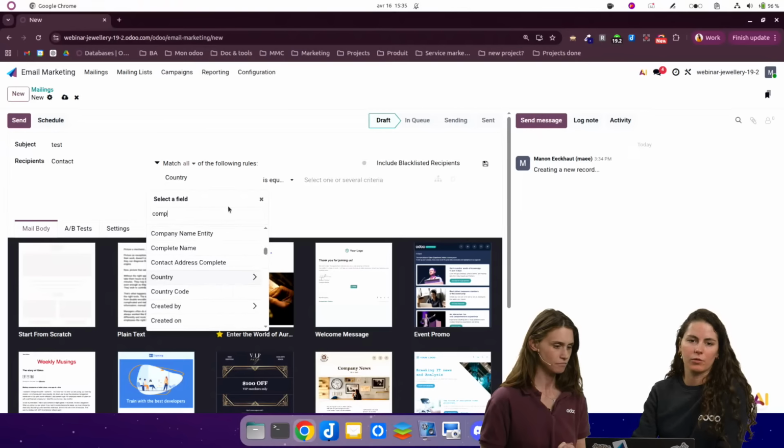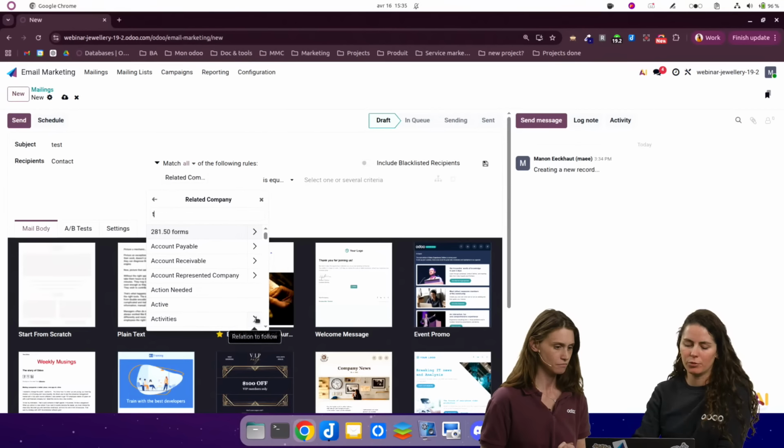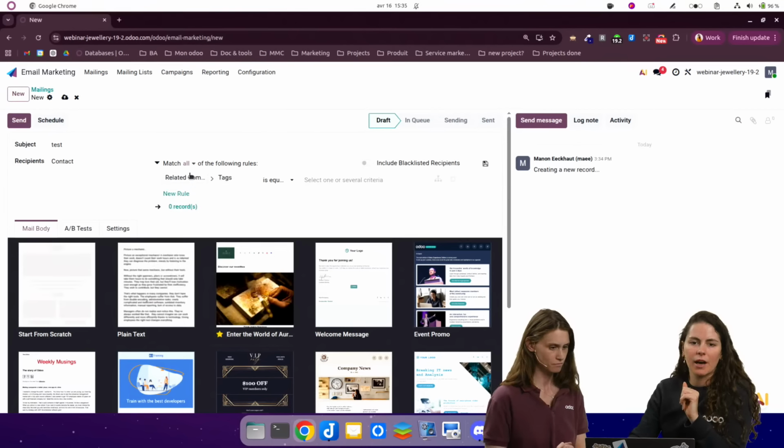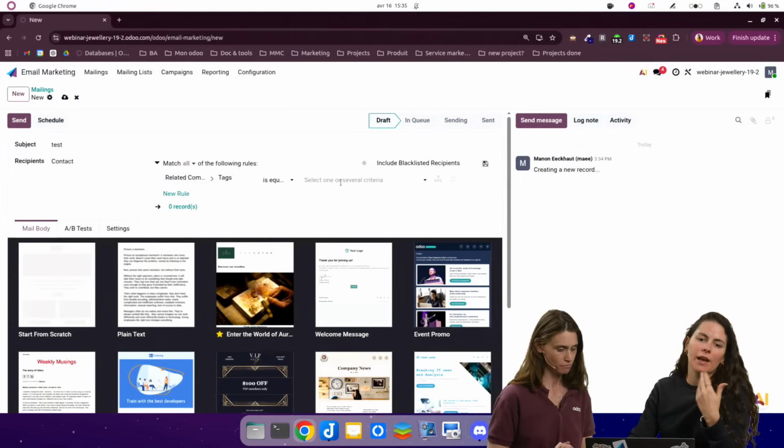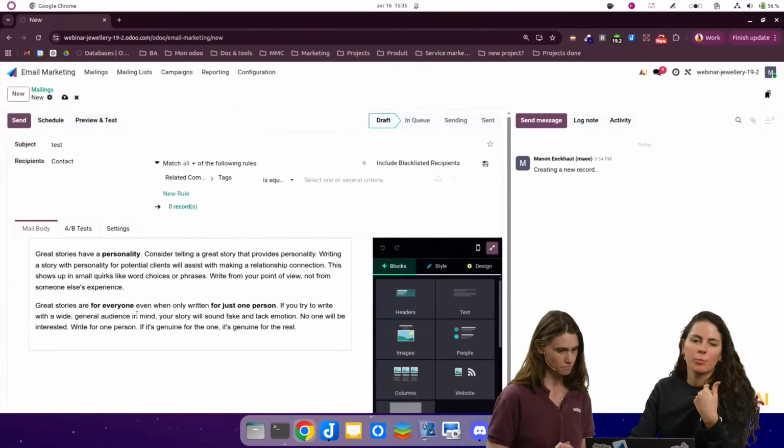I think I have also the company. And the company, and here you have related company, you have little arrows that show you relation. So this is how you're going to be able to pick, for example, the tags that are on the related company. And it's the same logic if you want to do a personalized content,